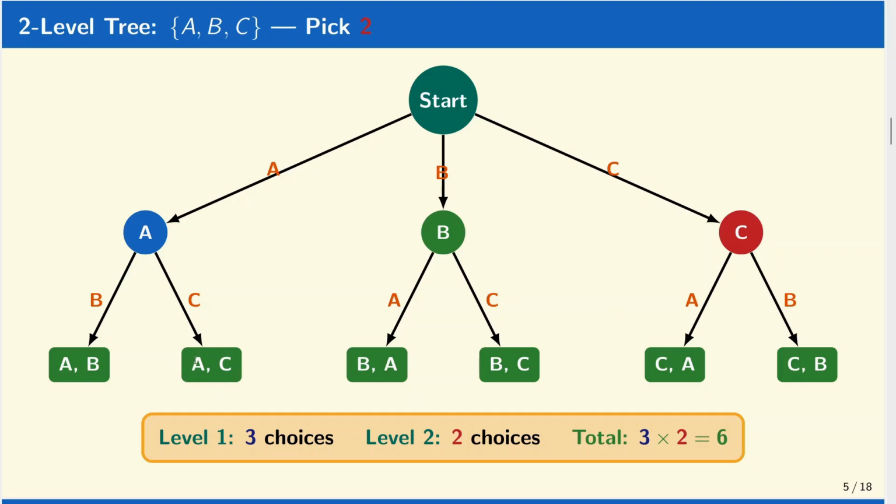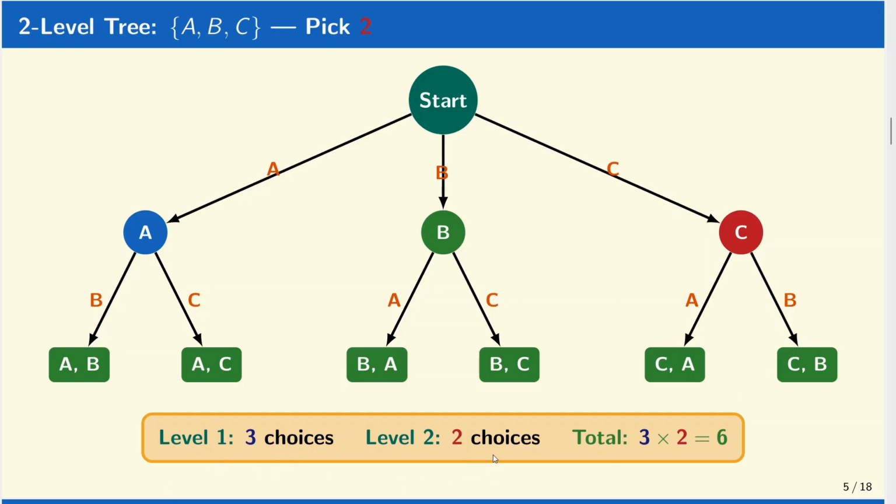The exact same logic applies to the other branches. If we chose the green circle B first, we're left with A and C for our second pick, giving us BA and BC. And if we chose the red circle C first, we're left with A and B, giving us CA and CB. Notice that for every single choice we made in level 1, we always had exactly 2 choices